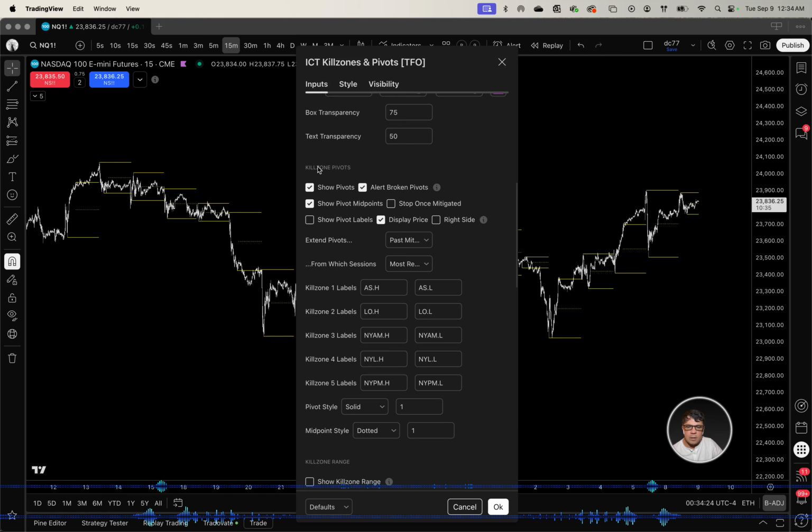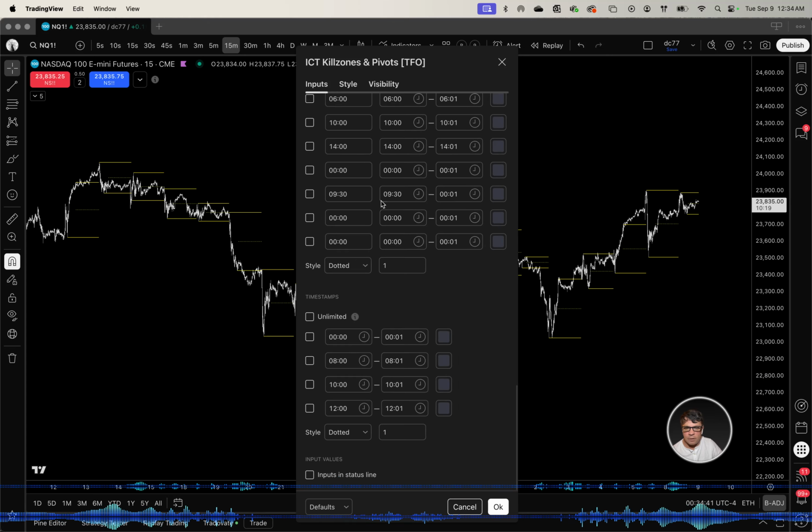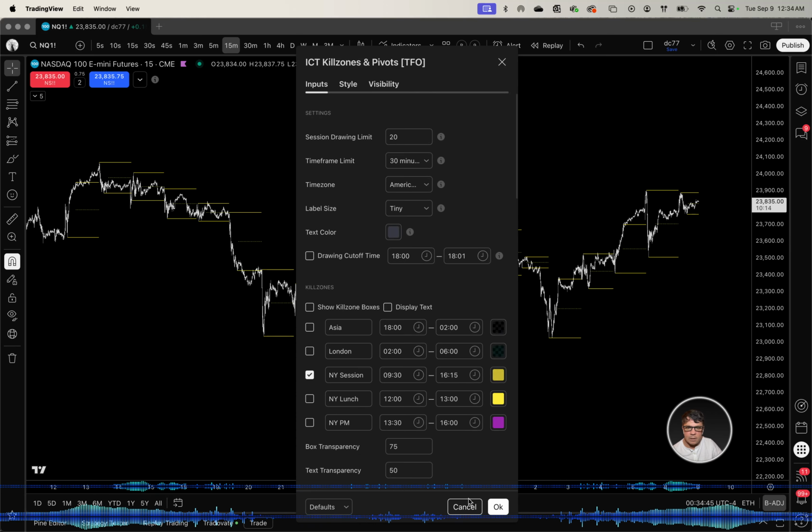These settings are important because it changes the length. This is how I have mine set up. I don't want to take the time to go through each one, but take a screenshot here if you need to, or just memorize what's checked and what's not. Everything else I've got off because I'm about keeping it simple.